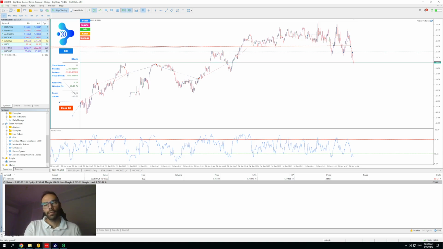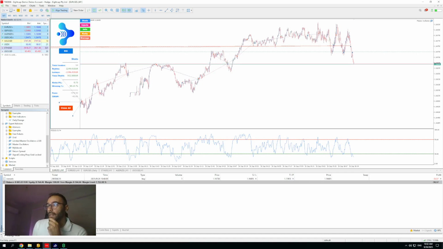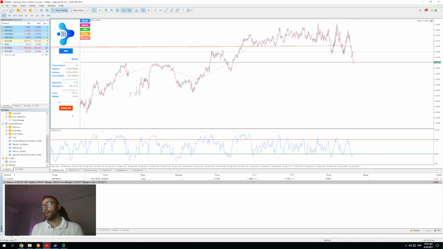Probably you could try to test it manually without a trading bot, but when you have a trading bot, you can be very accurate on your entries and your exits. I've been running this strategy for 3 days, if I'm not mistaken, and the results are exceptional, are very good. Of course, there are weak points that you have to be aware of, and this video is actually about